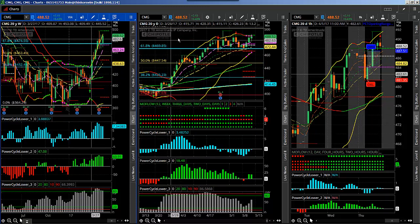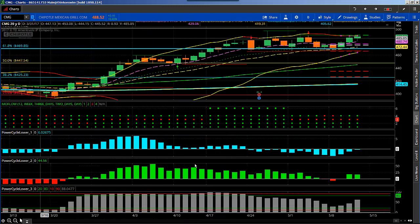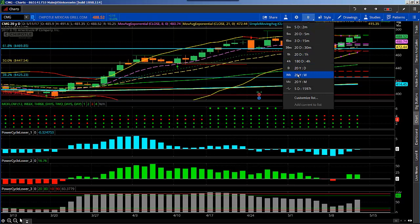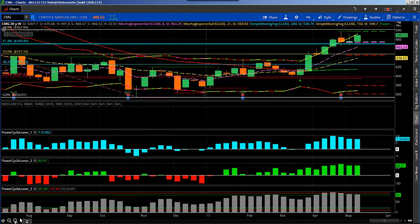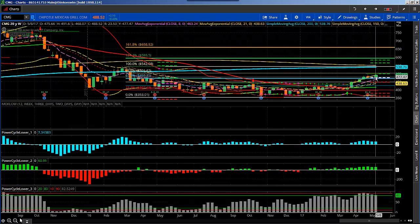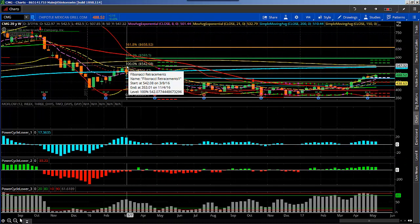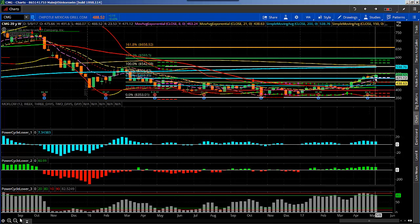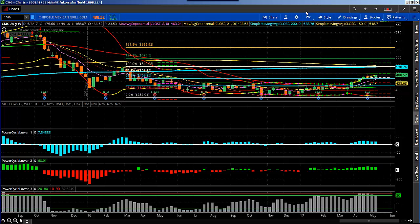And then when you pull up the daily time frame and look at Fibonacci levels, you can see that it's back now to the 618 retracement. So from this prior high back in March to the low it's made here, back above the 618. So if it can consolidate here on the 618 and hold, and it's trying to do that right now, then